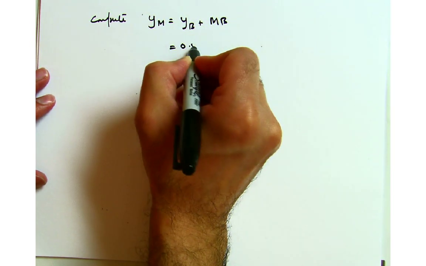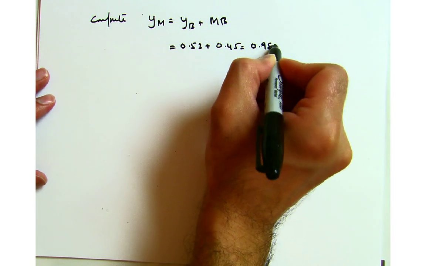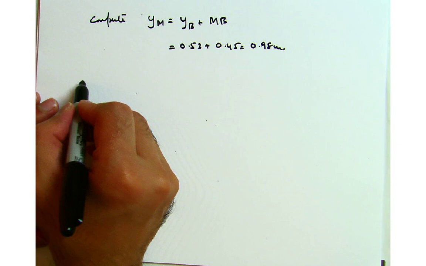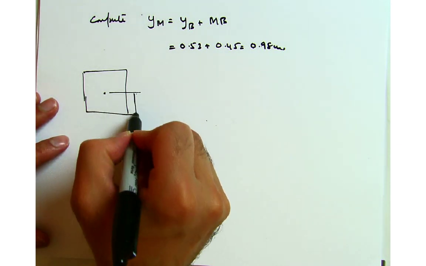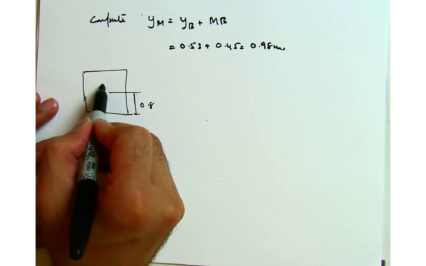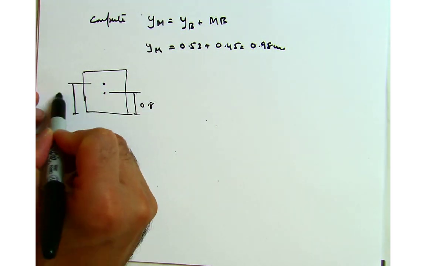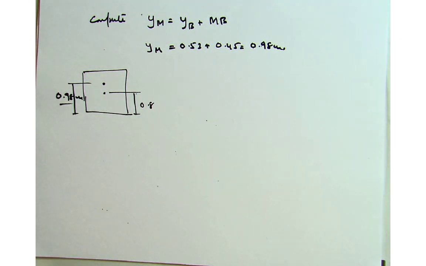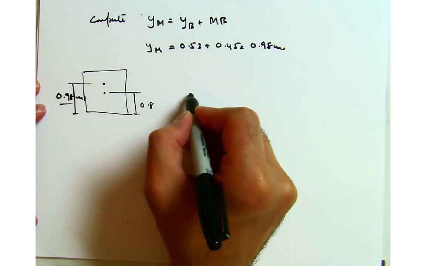So Yb was 0.53 plus 0.45, which actually gives me 0.98 meters. And 0.98 meters, if you recall, the center of gravity was at some distance of 0.8, so our point Ym is 0.98 meters. So this thing actually will be stable. Okay, so for now I can say that the degree of stability